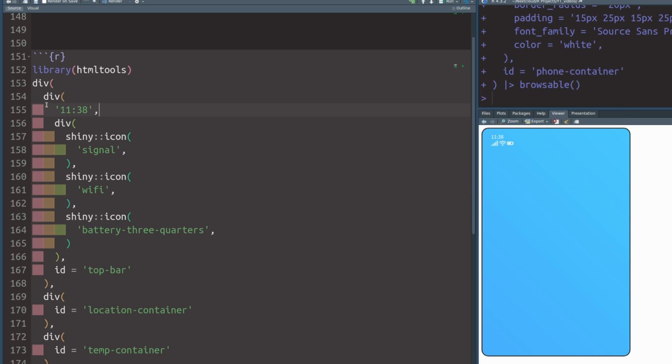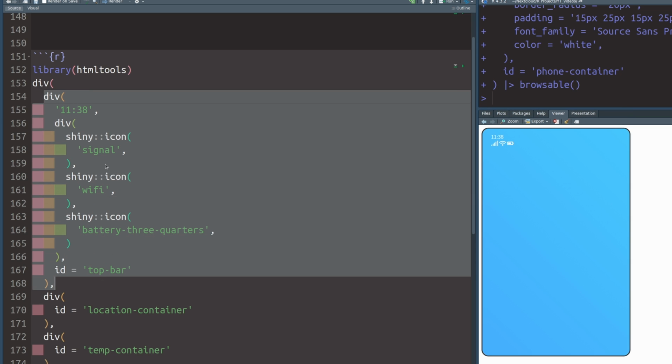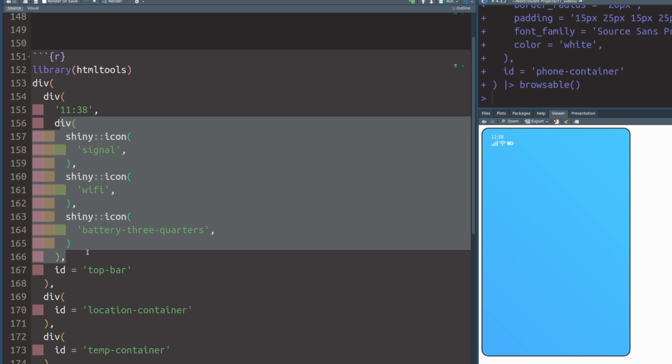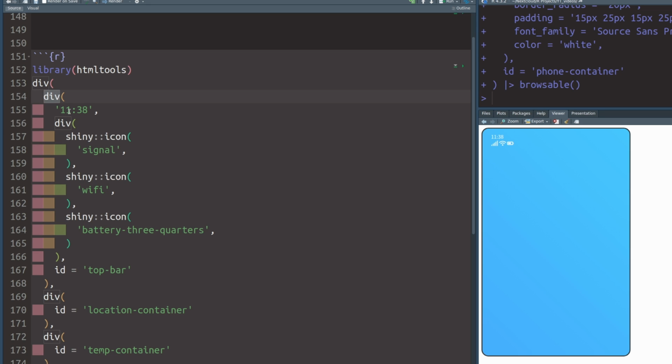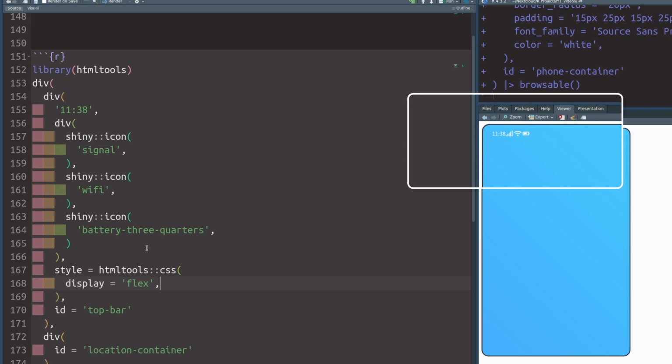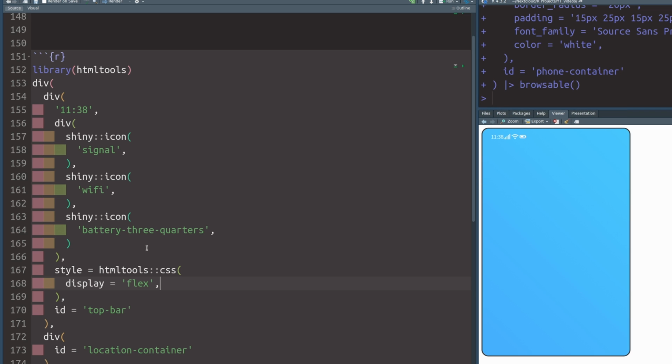So what we can see in our code here is that we have the time here, and in our container it has the icons. And by default in HTML, these things will be placed below each other. But we want to have it next to each other. So what we need is to make the parent container into a flex box. So that is why we set the style argument using the CSS function. And in there we set display to flex. And we can immediately see that the icons and the time are next to each other now